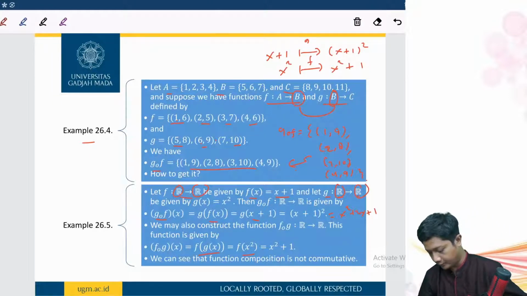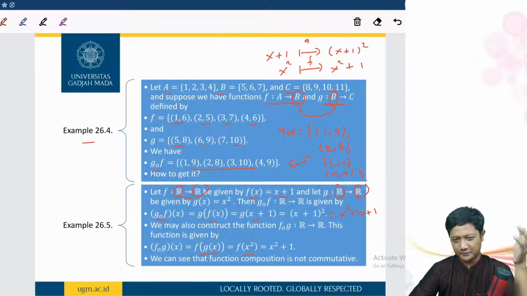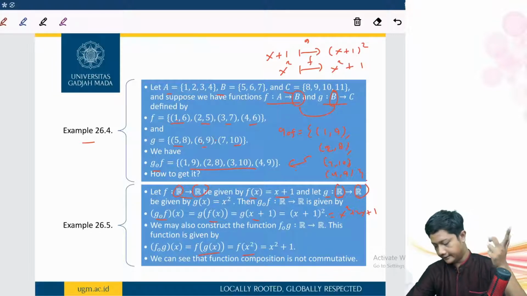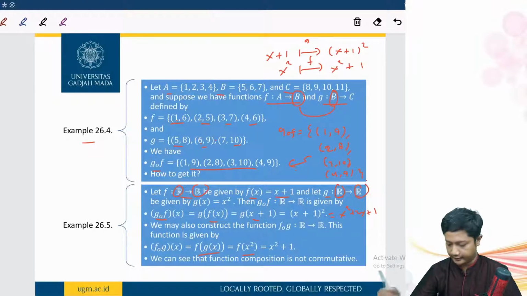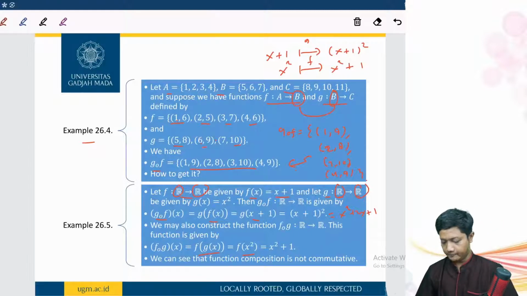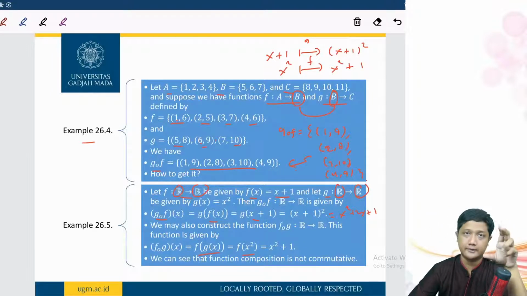So we see that the composition is not commutative. And it's a bit different if we compare to maybe the multiplication of numbers, they are commutative. Then the addition, or maybe another thing, addition of matrices, that's also commutative, but this one is not commutative. Another example is the multiplication of matrices. That's also not commutative. So remember, if you see the composition of functions, please check the order, because the order matters.